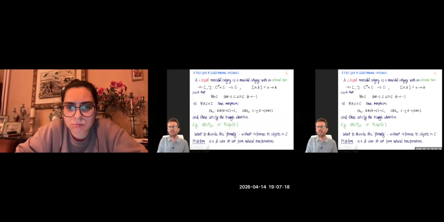So for every A and C, we have a morphism of this form, and these are going to satisfy the triangle identities because this is an adjunction. So for every A, we have the adjunction, and so that gives us one of these for every C. Typical examples I think of when I'm thinking of closed monoidal categories would be finite dimensional vector spaces or finite dimensional representations over some finite group G. These both have internal homs.